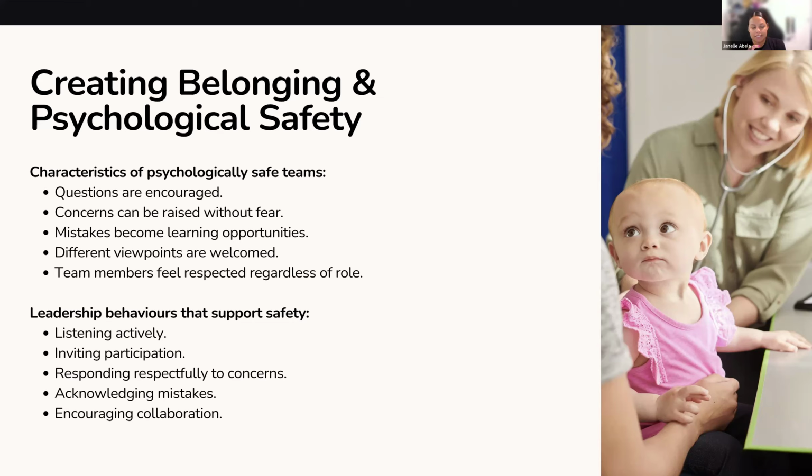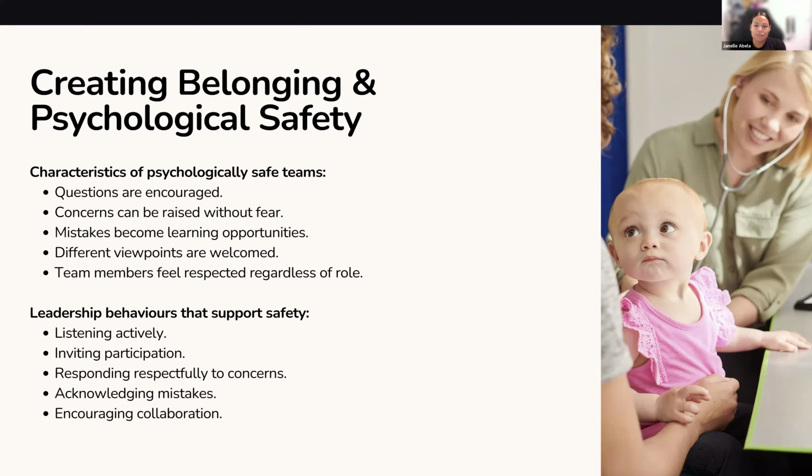Because we need to shift from listening just to have someone heard to listening and then using that information that they're providing to reconsider how we think about things. And this isn't always done authentically or informally. It has to be done intentionally and formally in some spots. We have to invite people to participate. Call people out. If you notice that they're not participating or sharing information, how do you ask them? How do you involve them? And how do you show them that their feedback and their participation matters? Because you can be asking people to contribute and nothing gets done with that information. And over time, if nothing gets done with that information, then we are going to lose their participation.